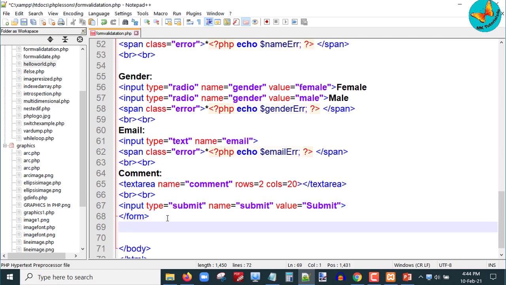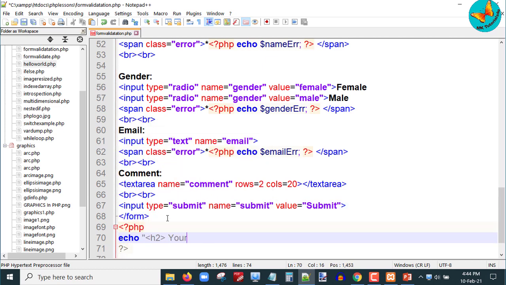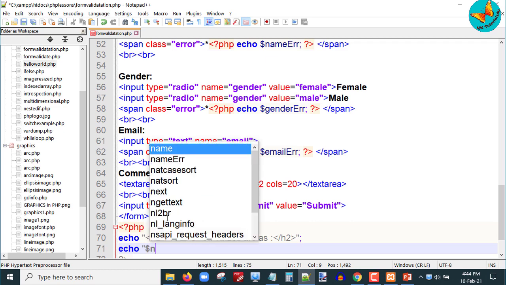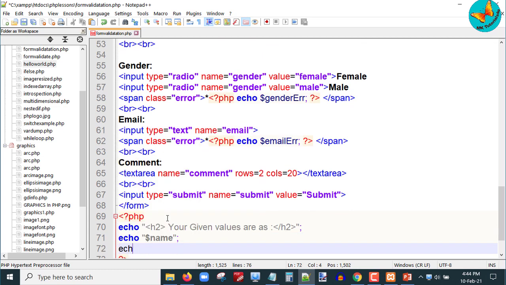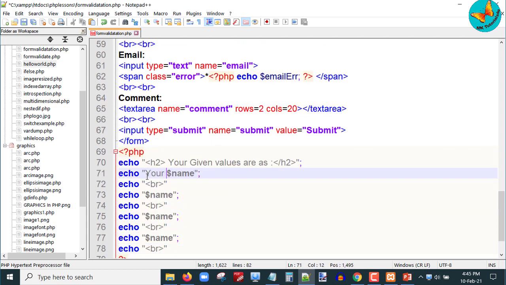Now the next thing that I want to do is to display the field values entered by the user. So for that, after the HTML form tag, again I'll write the PHP code, and here I'll put the echo command, and write here your given values are, using the h2 tag, then echo.